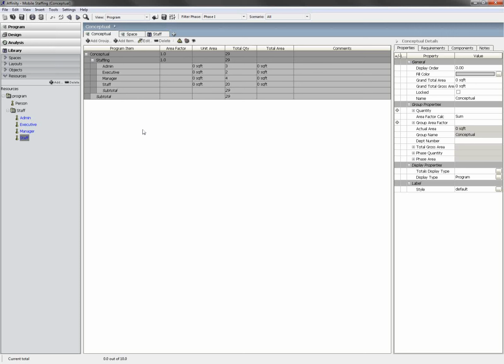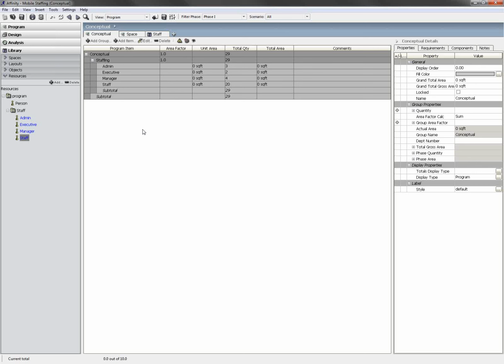Conceptual design doesn't have to be done just for the staffing. The idea behind it is, let's say that your client is trying to figure out how many departments. Let's say that they're looking at a couple of different buildings, and they're trying to figure out how much space they have, and how much room they have to expand in the future. And they want to play around with a lot of numbers, but you don't want to have to finalize a program